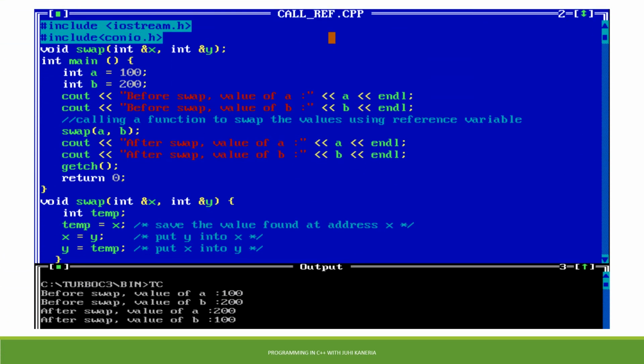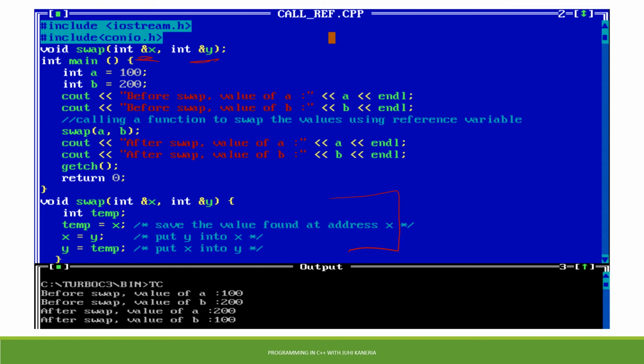The same example we have taken, we are having a function named swap, which is going to return nothing, that is void is the return type, and in the parameters I am passing a reference. So I have taken reference variables &x and &y. Now in the definition part, we have taken the same thing, a temporary variable, and the concept of swapping is applied using the third variable temp. So temp is equal to x, then x is equal to y, and y is equal to temp.